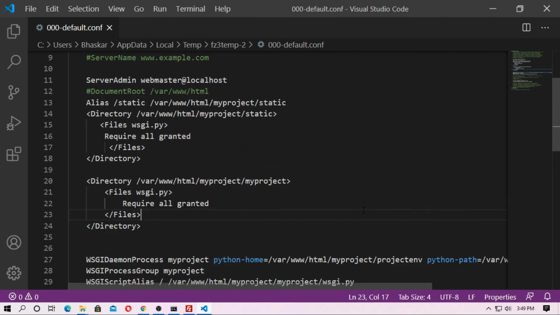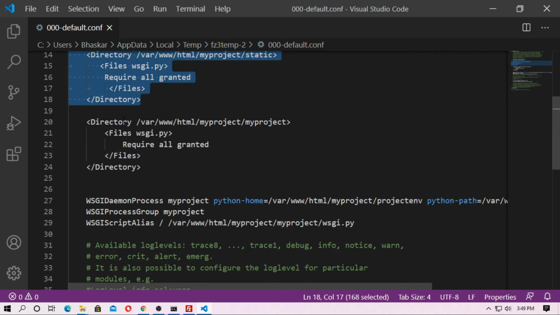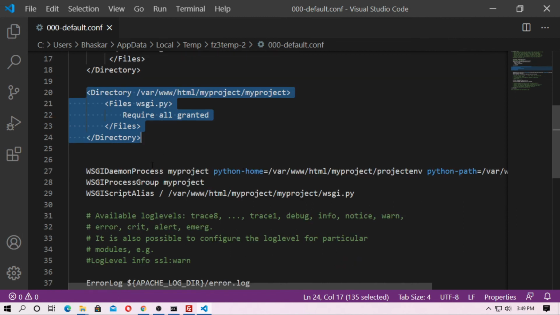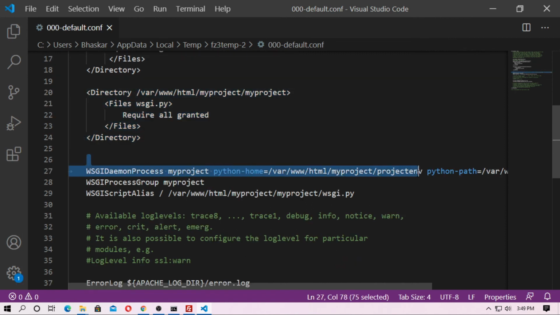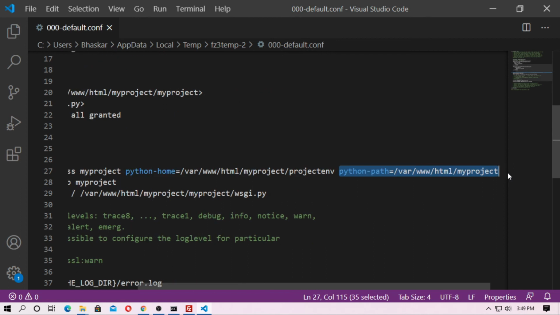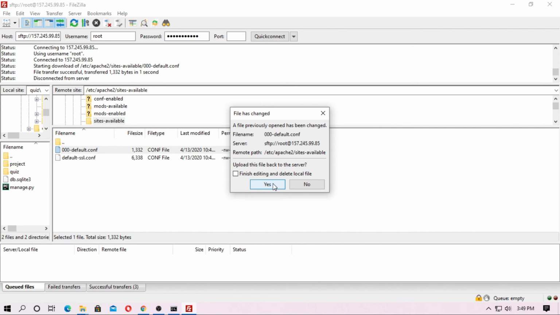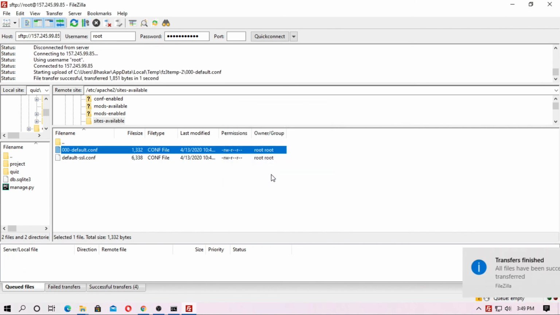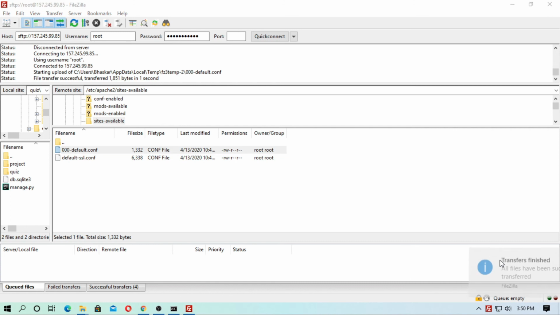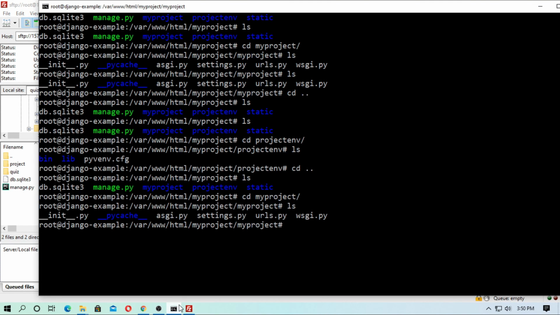Okay, so after editing all of these files successfully, just save it. Here is the static file dir, here is the WSGI file dir, here is the dir of Python home, meaning the Python environment, then the Python path means the dir of manage.py, and here is the dir of the WSGI application. Okay, now save it and close it. Now click on ES. Okay, so now open the console